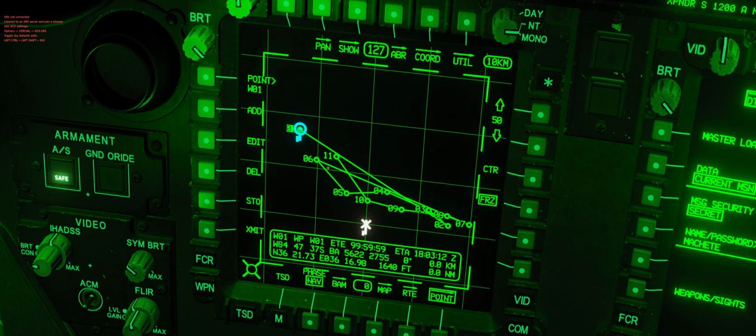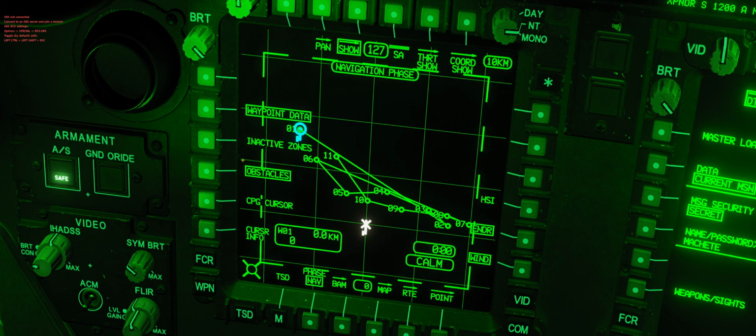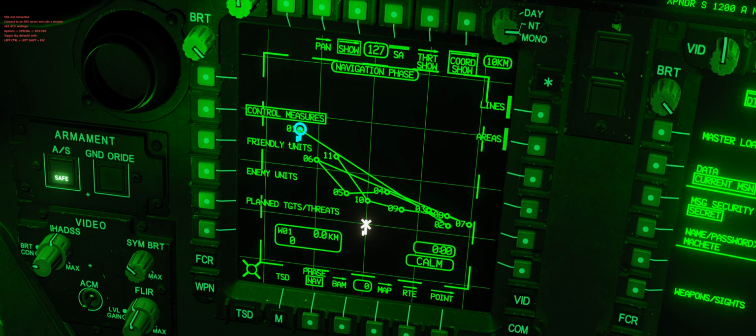Now, another big thing you need to be aware of, depending on what you're putting down, it may not show necessarily on here to begin with. And that is because you need to make certain stuff is set to show. So if we go to coordinate show at the moment, it'll show some control measures, but it won't show friendly units, show enemy units, won't show pre-planned targets and threats. We want all of these to be showing, otherwise when we do stuff we're about to do,